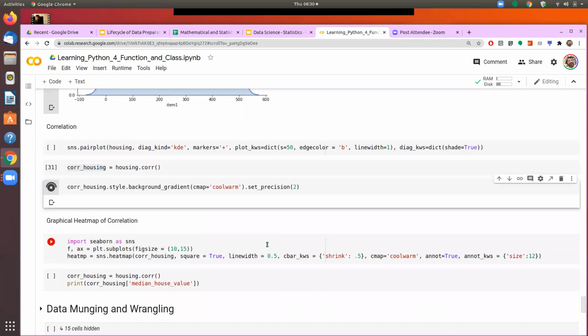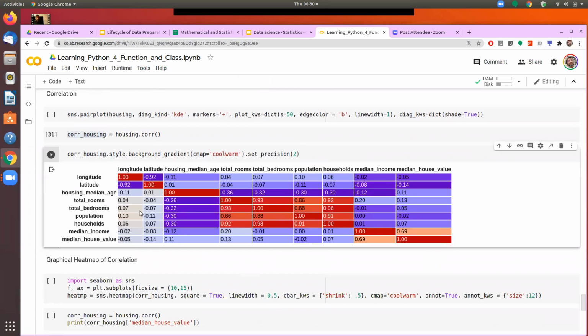So that number will look somewhat like this. Now in this one, I am showing the correlation of all the data elements which I have. So I have 9 numerical data elements versus everything else. If you see diagonally, it is all 1, 1, 1, because the correlation between longitude and longitude, that is, the correlation between the same data set, will be 1. As I said, if the value is 1, it means that there is a perfect correlation. So if I take the same data set, there is a perfect correlation.